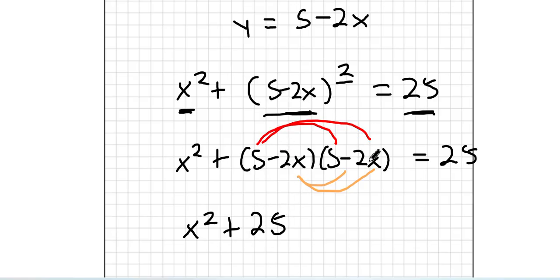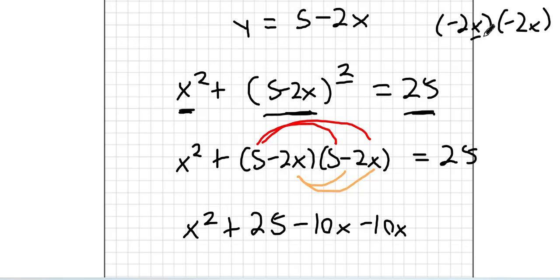5 times 2x? Minus 10x, yeah? Minus 2x times 5? Minus 2x by another minus 2x? How many x's do you see though? Yeah, you're right. Yeah, correct. 4x squared, yeah? Bring the 25 to the left. What do we get? Minus 25 equals